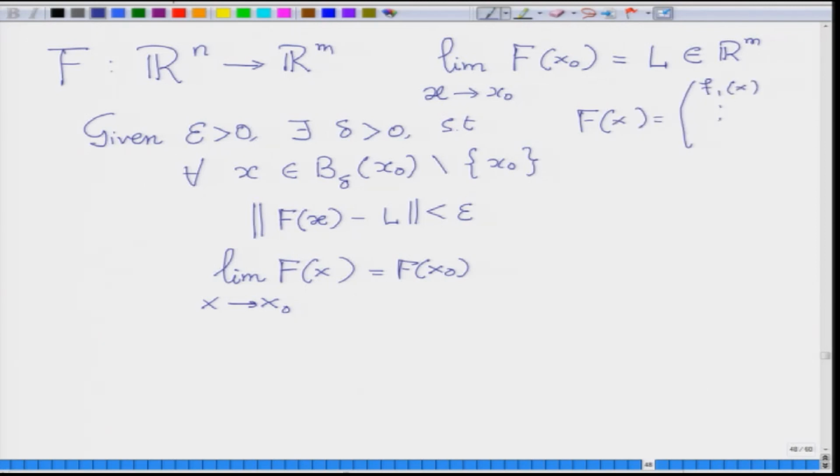m parts, and if the limit of f_i, as x goes to x naught, is some L_i, and this vector L that you have formed here is nothing but L1, L2, Lm. So, you can do things even for a vector function, but let us now look at simple 2 dimensional